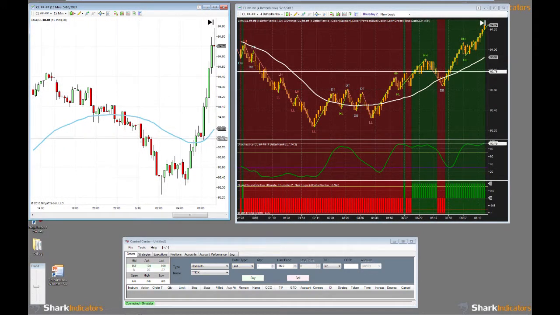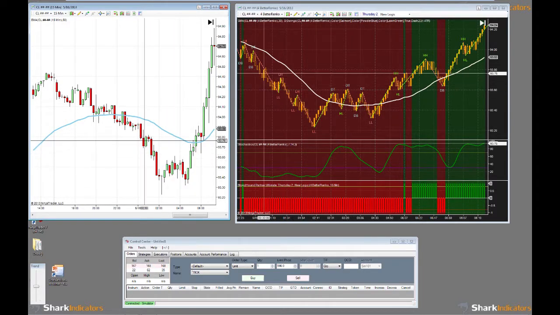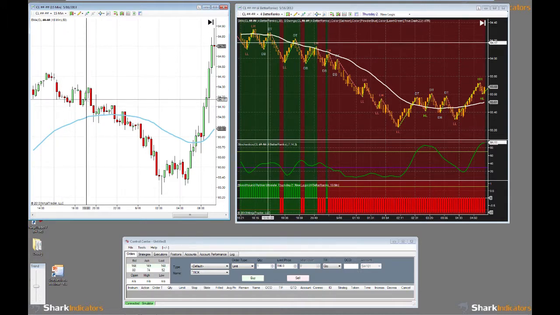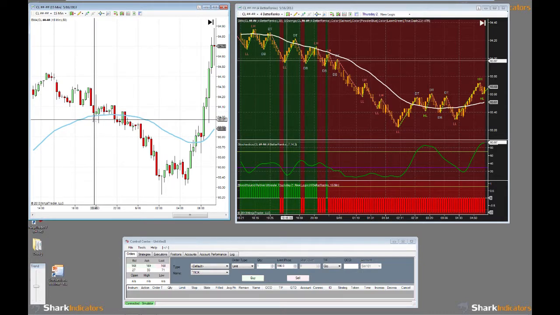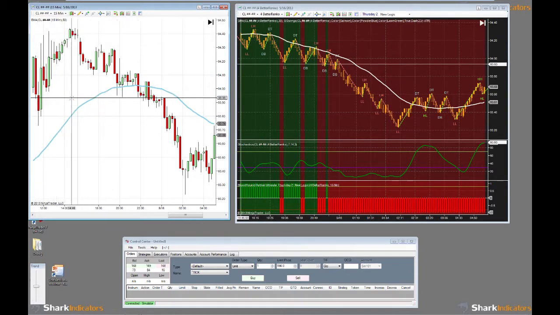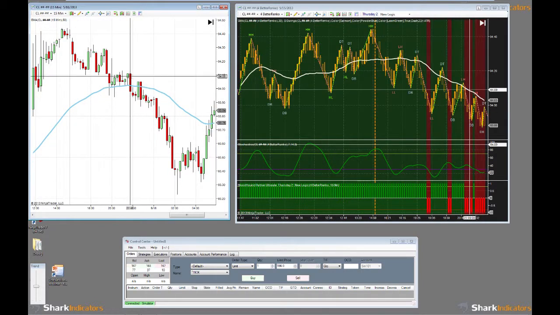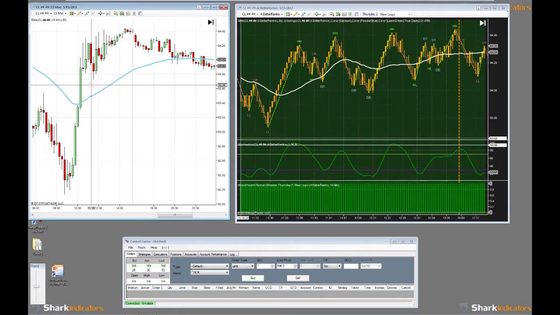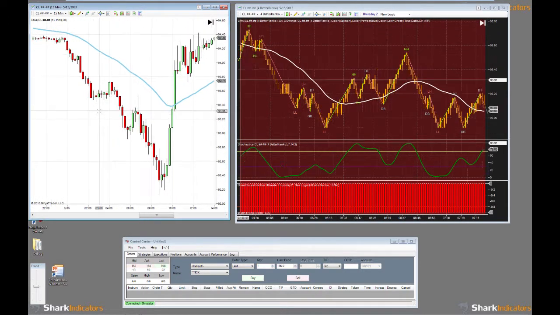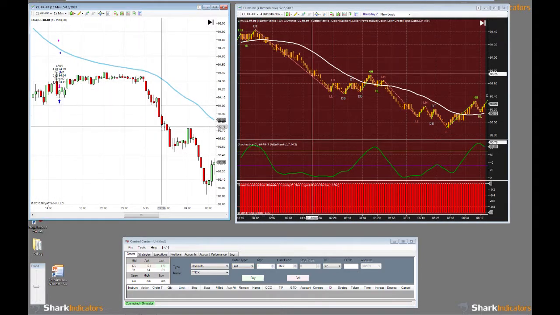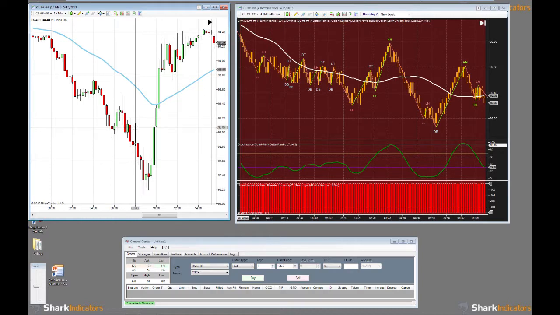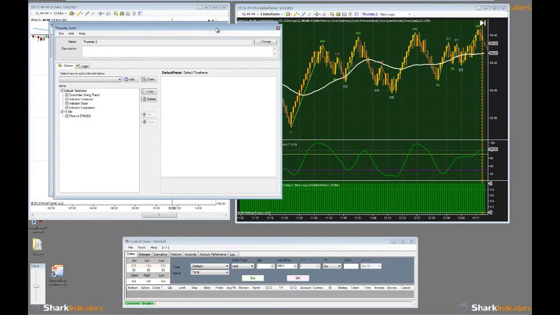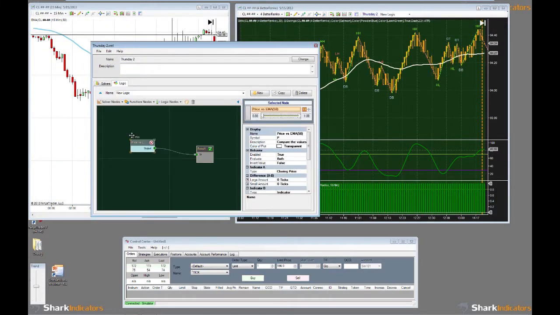If you look at the left-hand side, basically when we're below here, we got this red zone on the right side. When we go to these zones up here, we're basically green. Like I did mention before, there are some times where we dip below here, and we're going to get a couple of red zones on the other side, just because intra-bar we do have a couple of instances where we may have dipped below the moving average. So now you can see I've imported the data from the 15-minute chart into this chart,